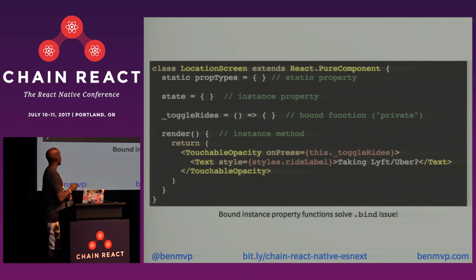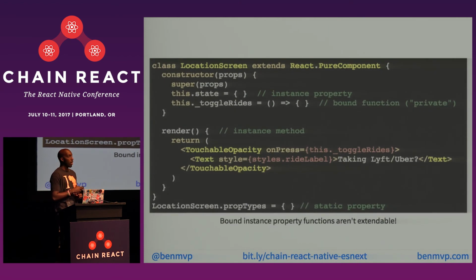And because it's arrow functions, you can have implicit returns there, so it actually can look like some nice syntax. But I'm not 100% sold on this as a solution just yet because it looks like a method, but like I said, it's an instance property function. So if we go back to how it would be in ES6 world, what this actually is is just an arrow function that's assigned to the property like that. So that's what it actually is. It looks like a method, but it's not.